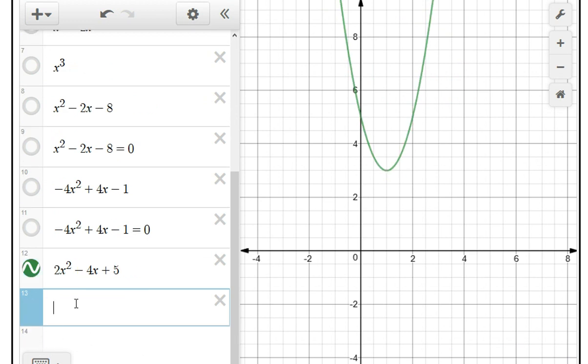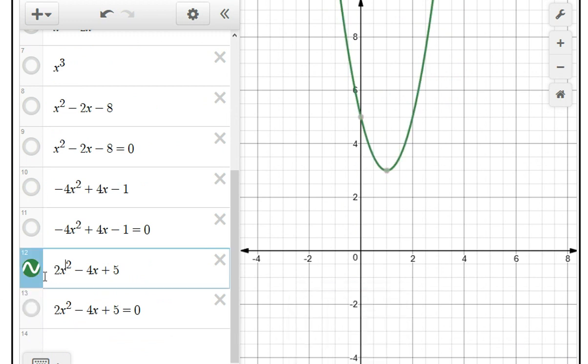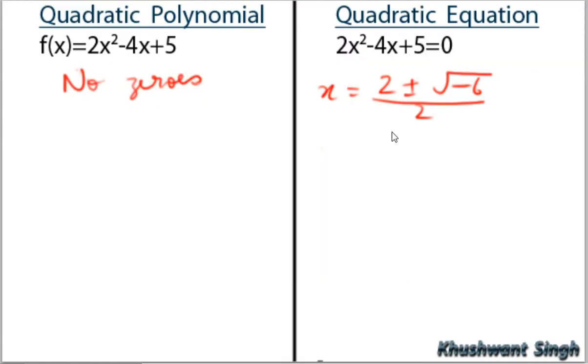But for the equation, I don't think it will give a proper answer. Oh yes, I thought so. It is not giving a proper answer, it is just showing us the y-axis only. This is completely incorrect. The graph of this equation is not giving us any hint about what will happen. But let us analyze this even further.